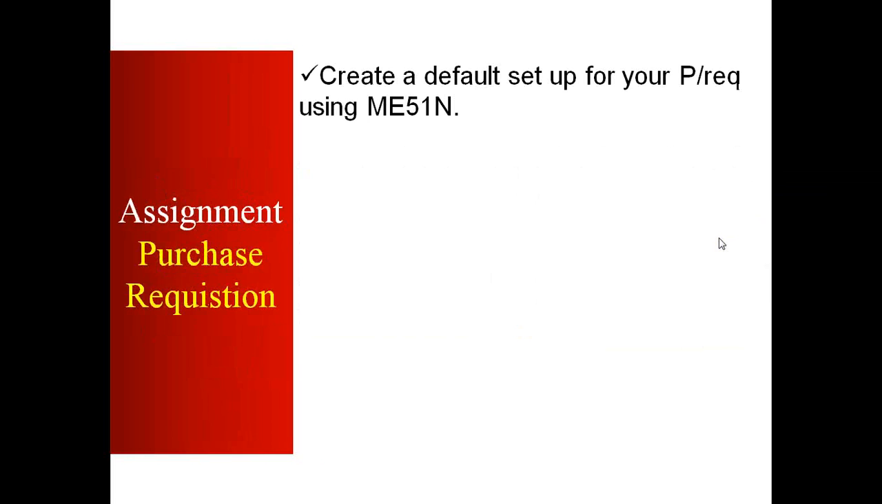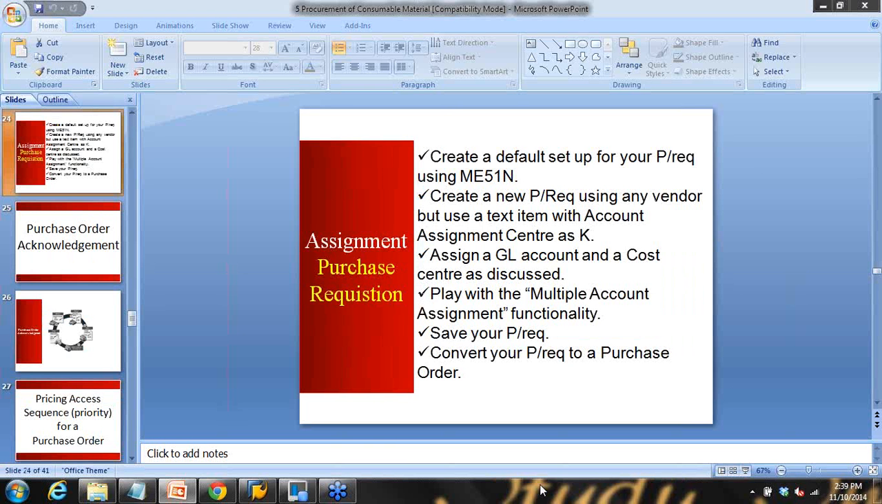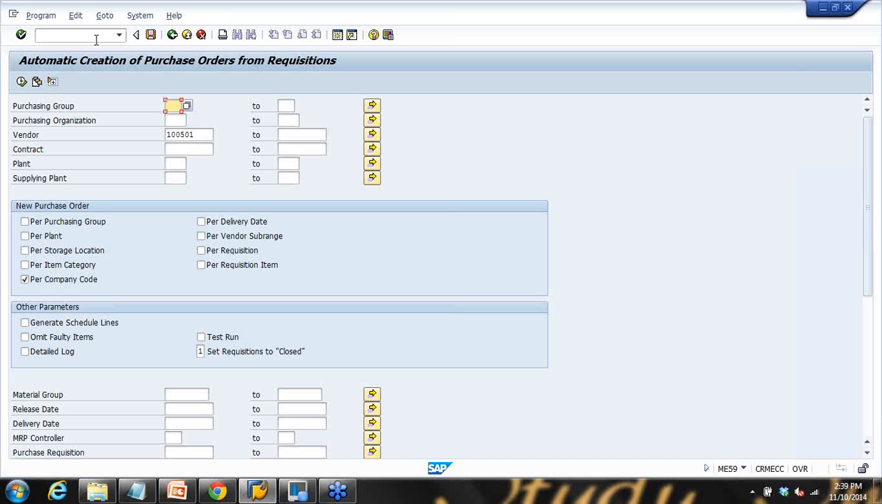Okay, so that's the end of this part, purchase requisition only. Before you move further, I want you to do some practice first and gain some deep knowledge about the purchase requisition process. So just do a quick practice on the server. First of all, create a default setup for a purchase requisition. What I mean by default setup is, I'll show you here. Whenever you create a purchase requisition, right,